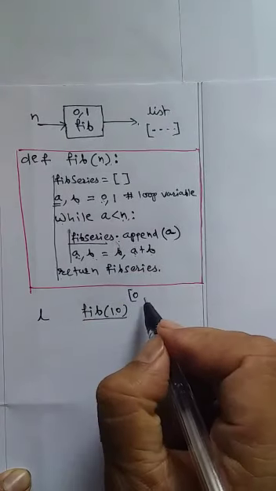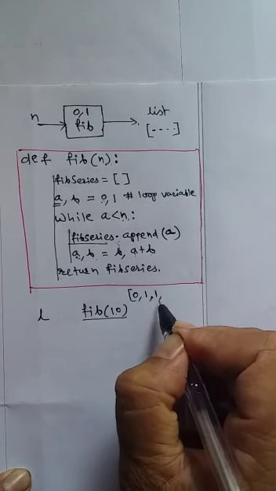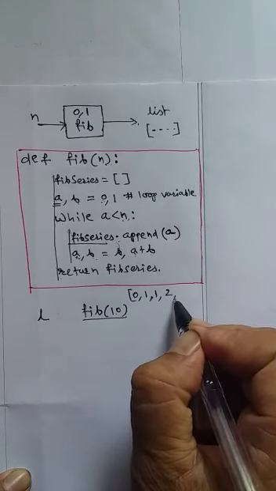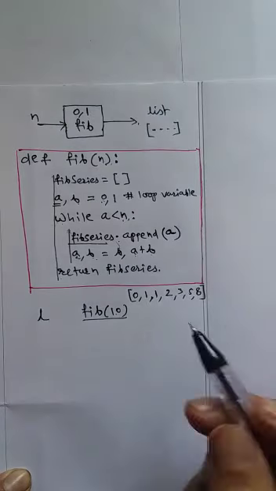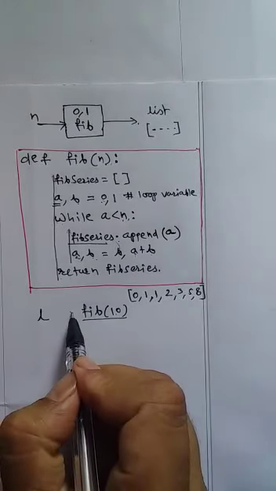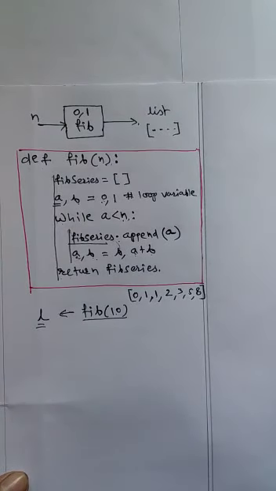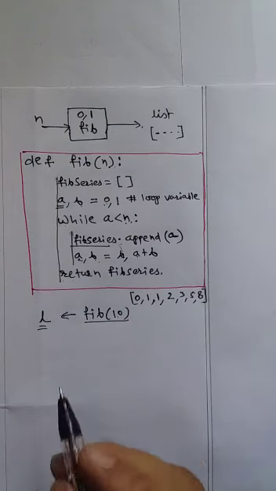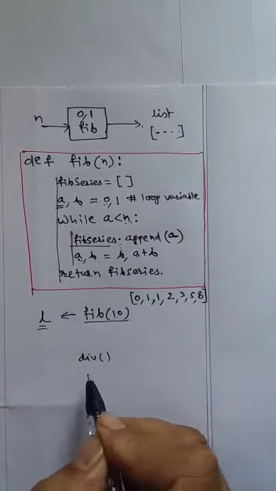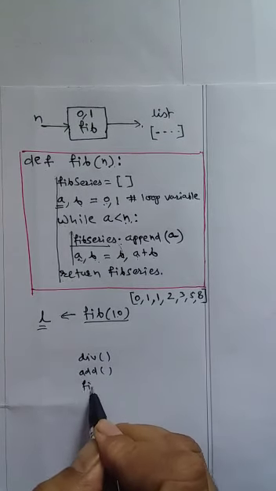This process will go on continuing, and you are going to get such values. When it comes out of the loop, we will get the list in this form. Now this list will be assigned to a variable L. Up till now in our discussion we have learned three functions: one is the division function, one is the add function, and one is the fib function.